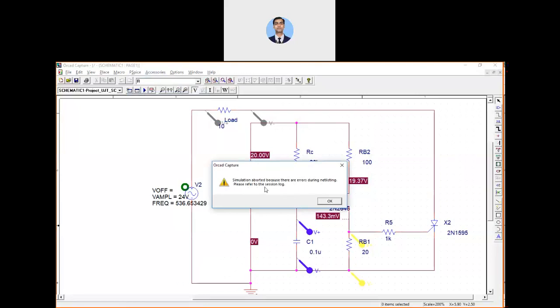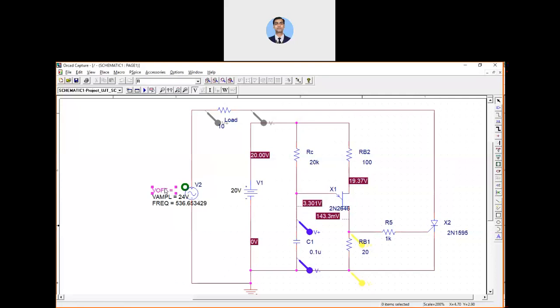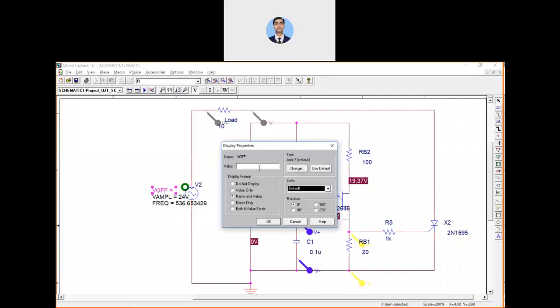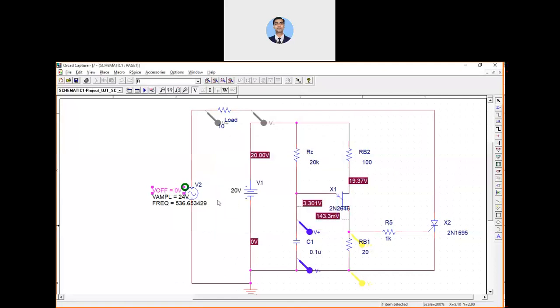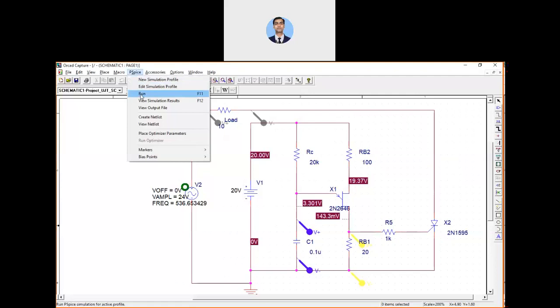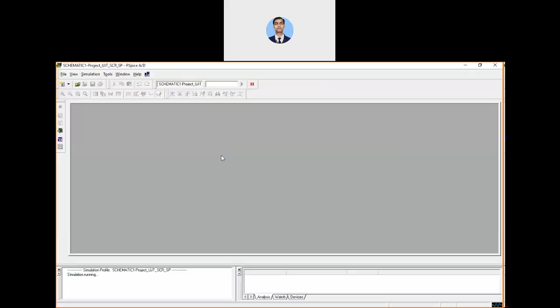One value I have not given, that V off is required. We can give this value 0 volt. That's why it is showing like this. Now you can see the green circle also. Now let's run. This time it will run, and it is going to give you the pulses.